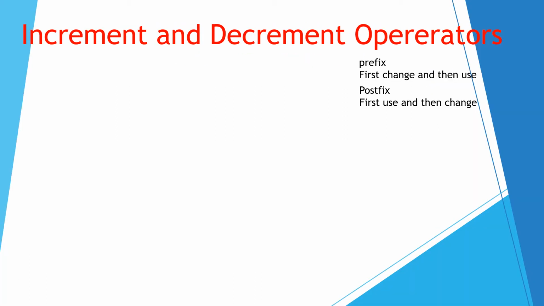Here we can take some examples to understand the concept clearly. Before that, keep in mind prefix means first change the value, that means either increase or decrease according to the operator, and then use it. And postfix means first use it and then change. So here we take int a as 5, b as 2 and c as 10. The question is int x = b * ++a. We can solve this. So x = b's value is 2, so x = 2 * ++a. That is an increment operator and it is prefix. The operator is coming before the operand.